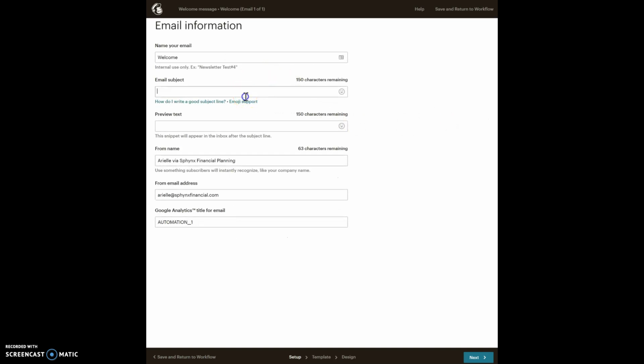We'll give the email subject, preview text, and you can change the from name and the email address if you'd like to do so. Next, we'll hit Template,